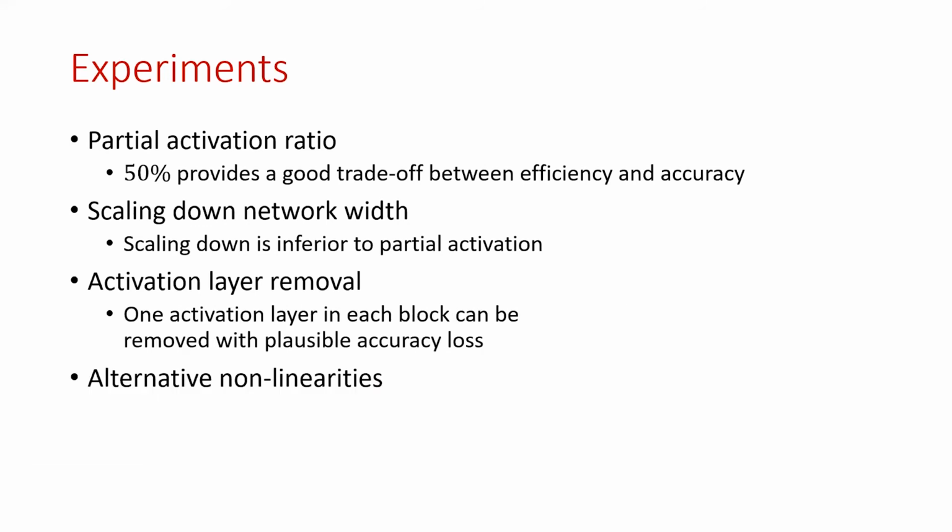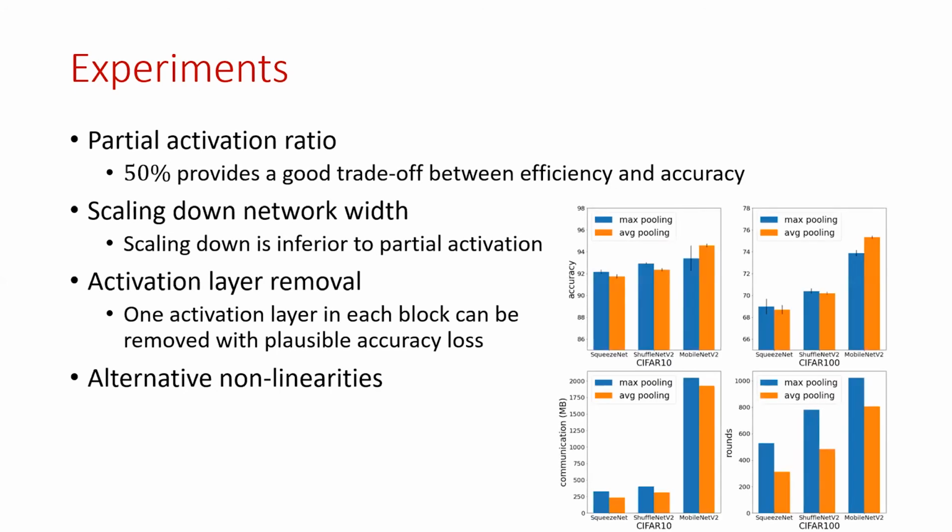We also evaluated different nonlinearities, alternative nonlinearities. For example, the max pooling layer is very commonly used in neural networks, but when we compare this to the average pooling layer, which takes the average instead of the maximum, we did not observe a real or very significant difference in the accuracy, while average pooling is linear, so it is much more efficient to compute in a secure manner. So we propose to avoid using max pooling layers and going for average pooling or even strided